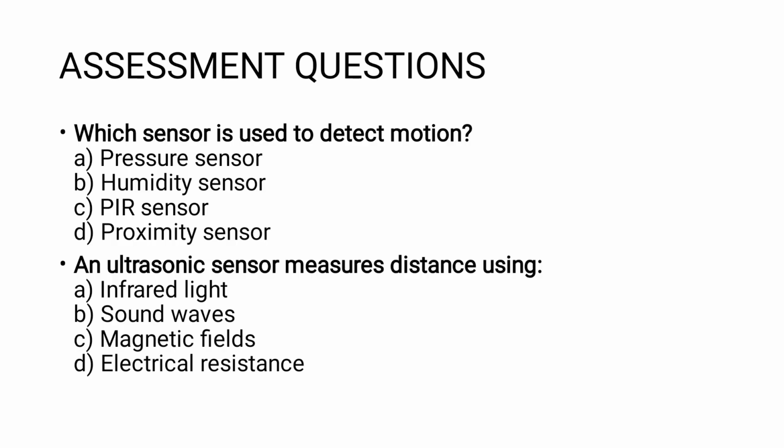Which sensor is used to detect motion? Motion sensor. Here we are using the proximity sensor. An ultrasonic sensor measures distance using electrical resistance, infrared wave, or sound wave? Ultrasonic sensor. So ultrasonic is nothing but here you are going to measure the distance of an object using sound waves. So these are the assessment questions, what students want to know